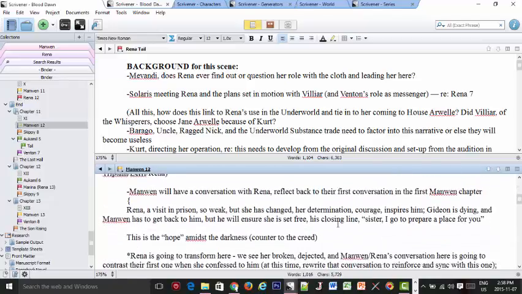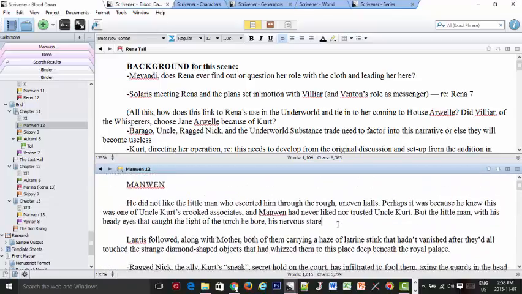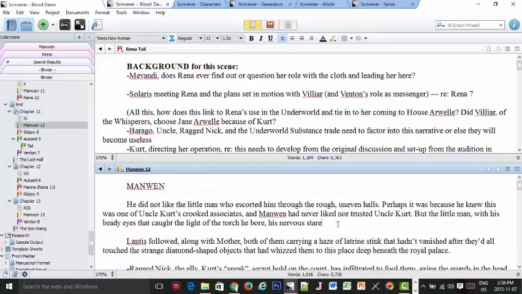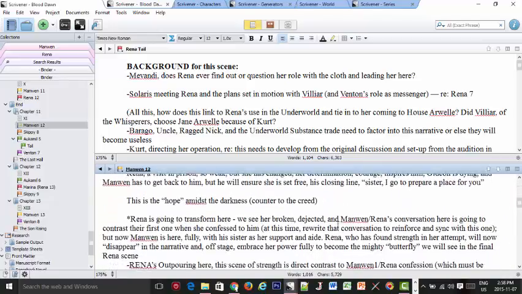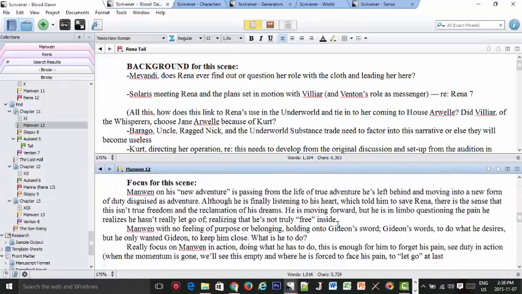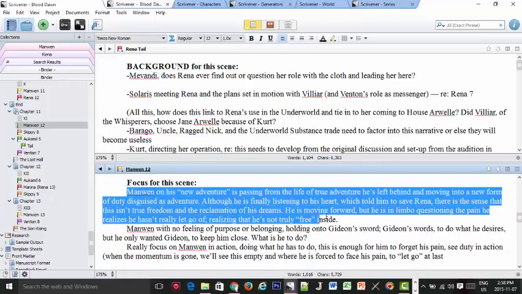So what I do is this thing here. You see, these are my notes. As I write, I put in notes of what I want to happen in the scene. But I also do this thing called focus for this scene. And for me in this scene, this here is the focus. That is the thing that I sat and wrote when I was at Starbucks, getting into this scene and realizing, okay, I know the elements, I know the pieces that I want to put in place here. But I can't just put everything in. It has to be on track.